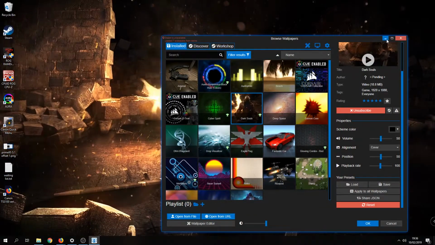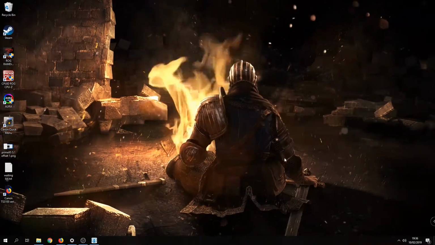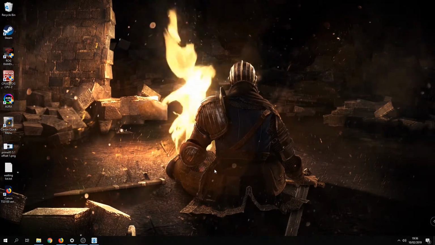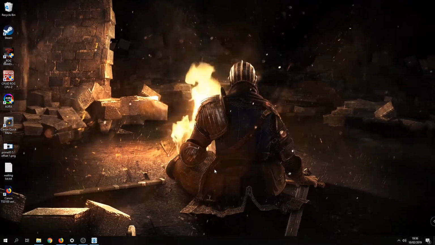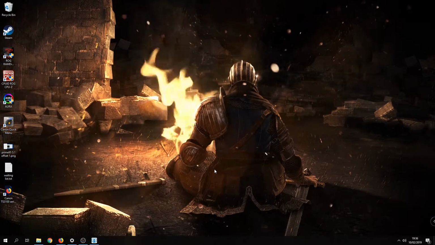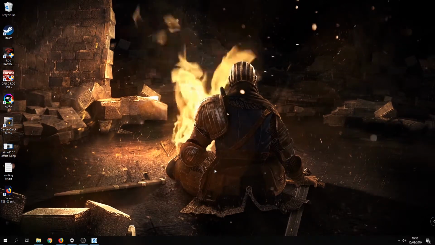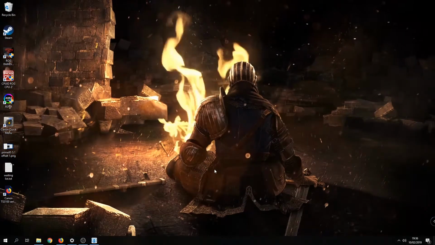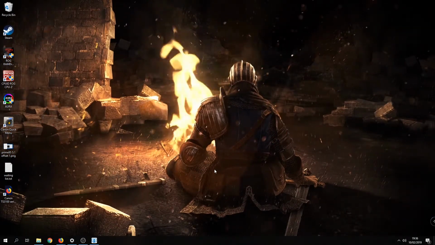Now, comparing this to the Rainmeter program that I have shown you last time, this one is a lot more polished, a lot easier to use, really, really user friendly. Sure, you might have to troubleshoot some of the audio relating settings because of the compatibility issues I mentioned, but that's about it. You go on their Steam page,